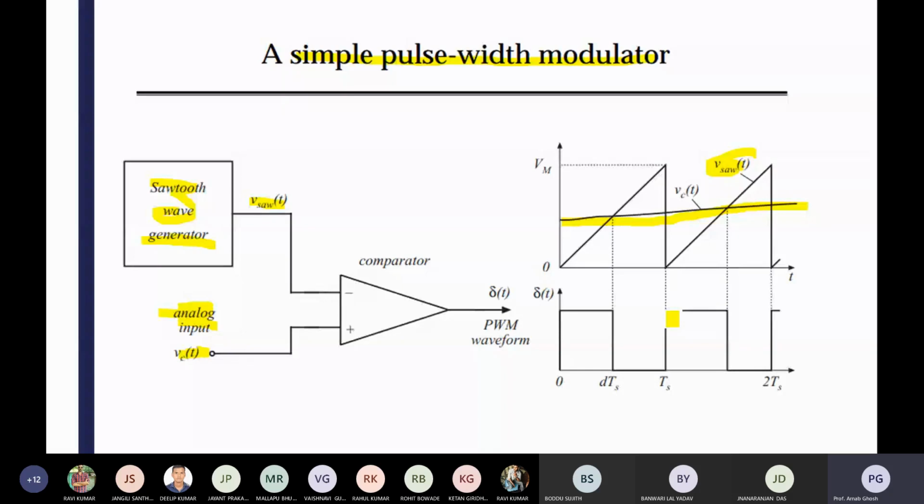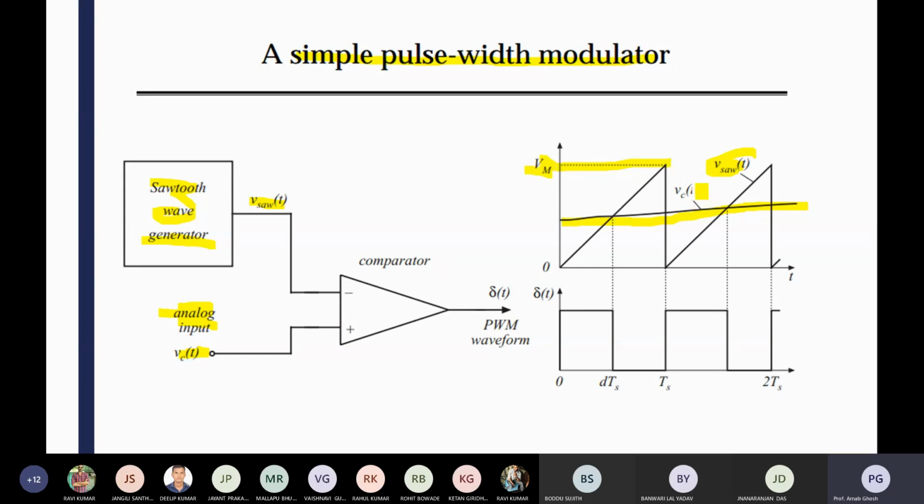But in case of current mode control, you are directly using that current signal of the inductor in the place of the sawtooth waveform. So basically that current pulse will also look like a triangular one, or you can say the sawtooth one. That's why you are using it. When you are comparing, Vm is your maximum value, the maximum peak of the sawtooth.